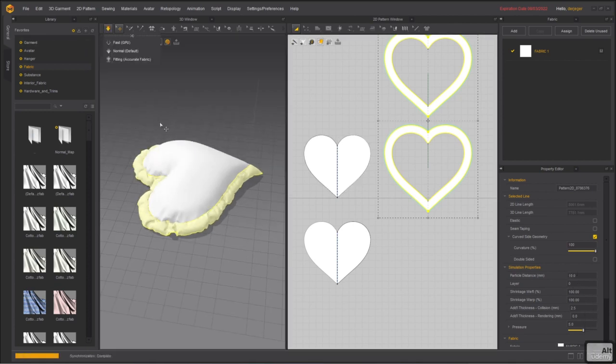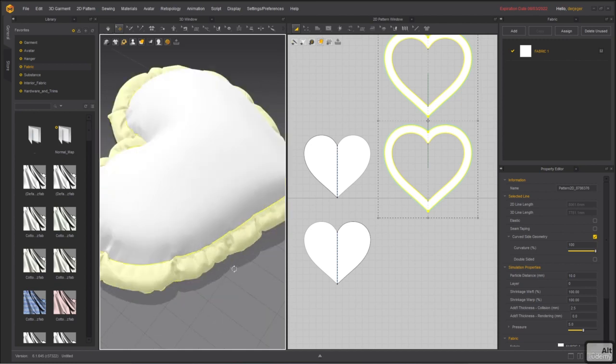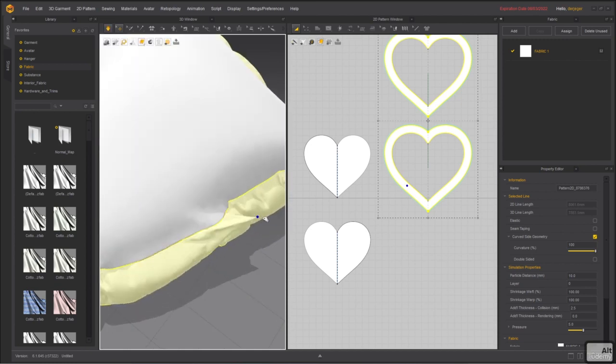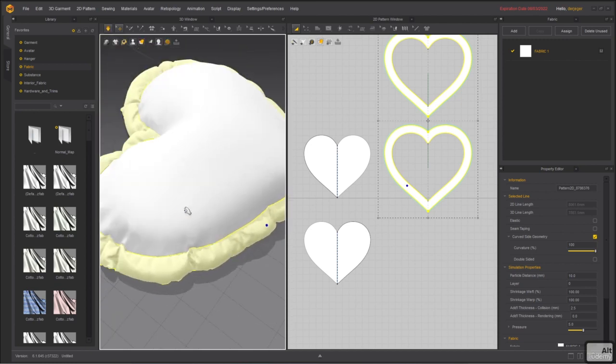So with the particle distance of 10, now we're going to get way more little details here and there, way more wrinkles, and we're going to get a nice little effect. There's another thing that we can change. Remember the